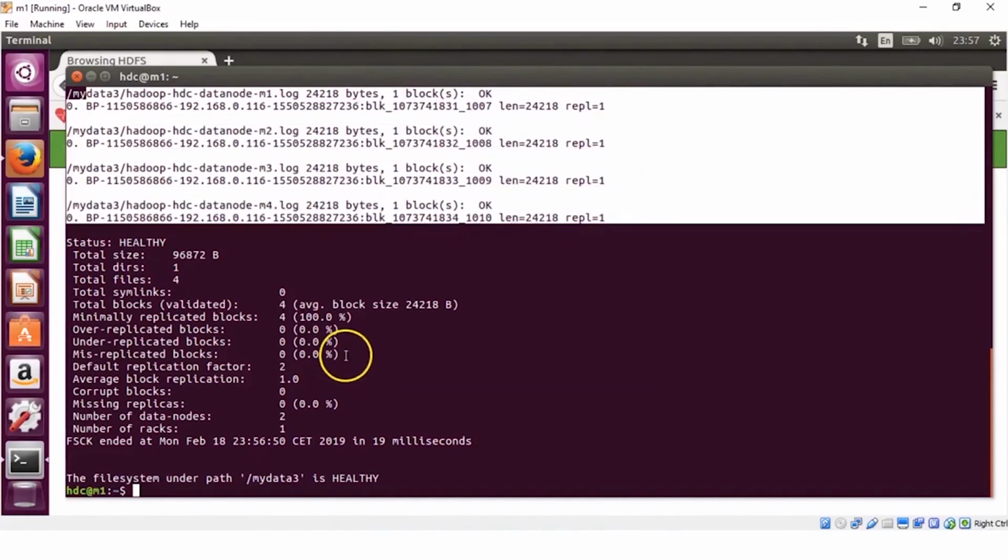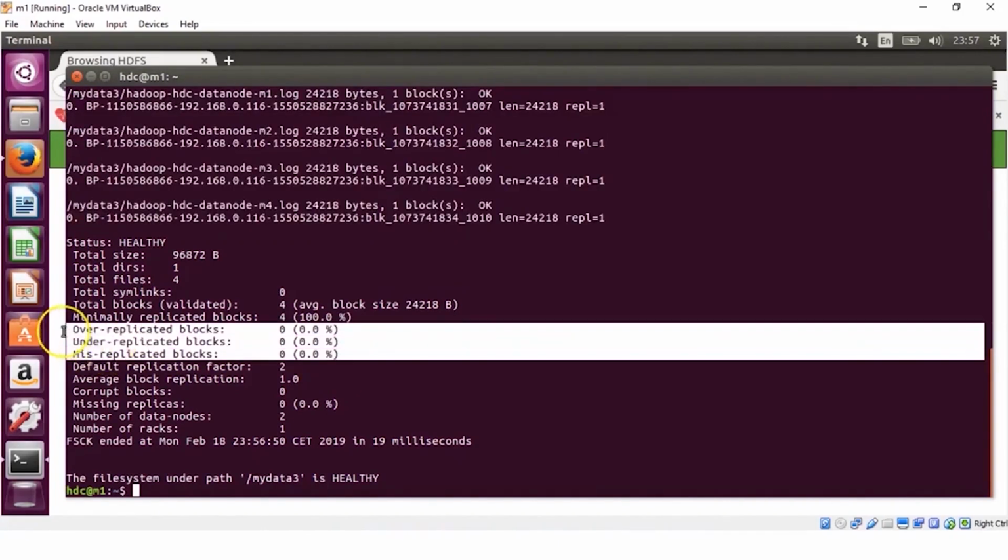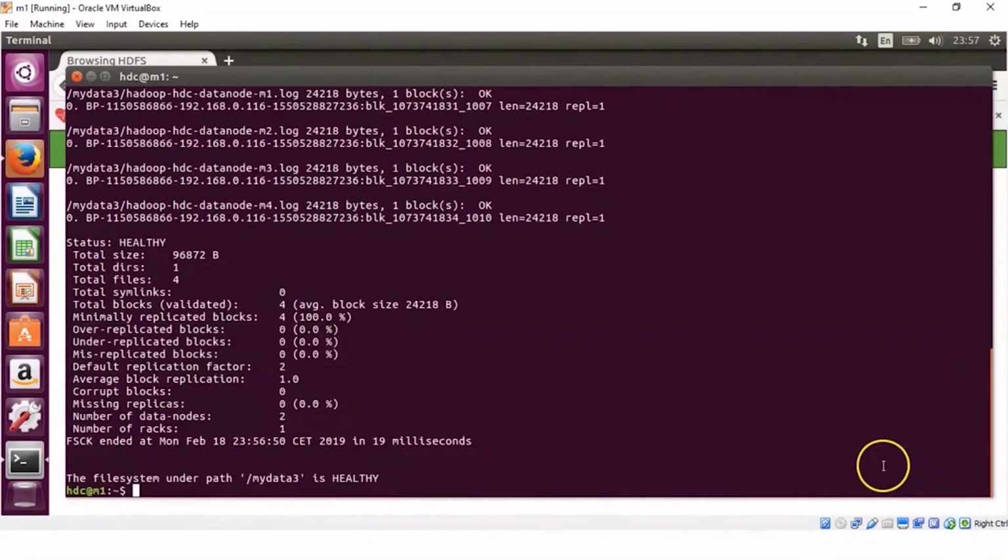So there is no situation of over, under, or misreplicated blocks. We have our files correctly replicated as they were specified while writing. The same thing can be seen for other files, say